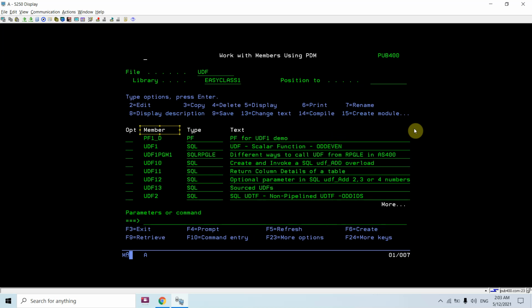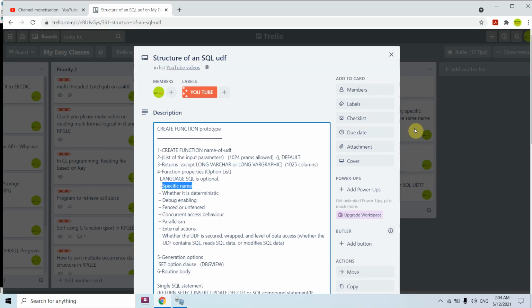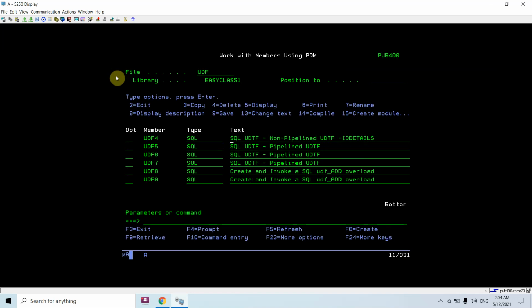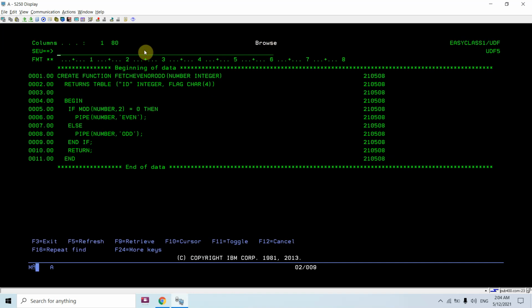How we can make control over this is, we need to define the specific, and then the name. So for example, here in this case, if our create function name is this, we can specify here, as you can see I didn't specify language SQL.